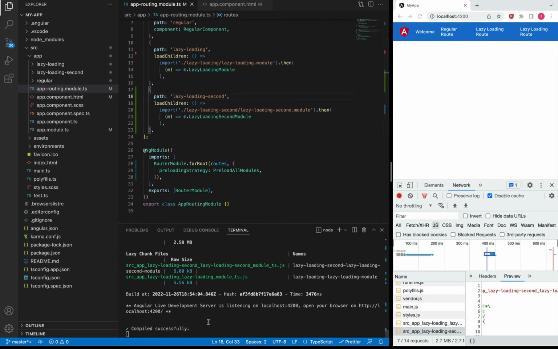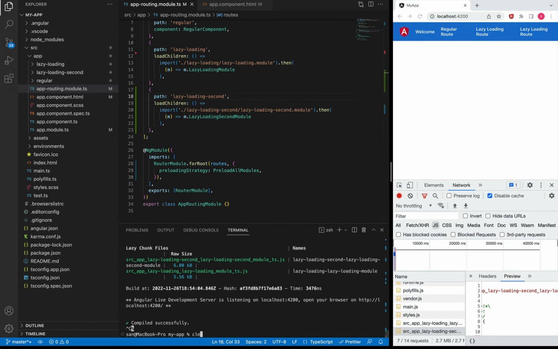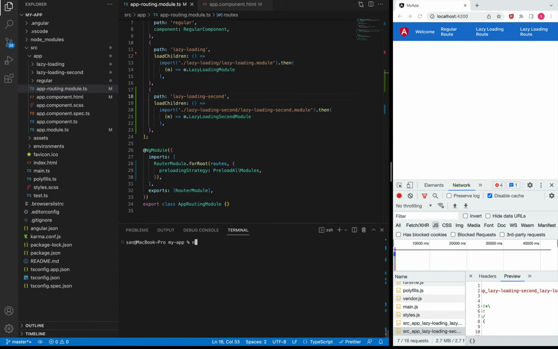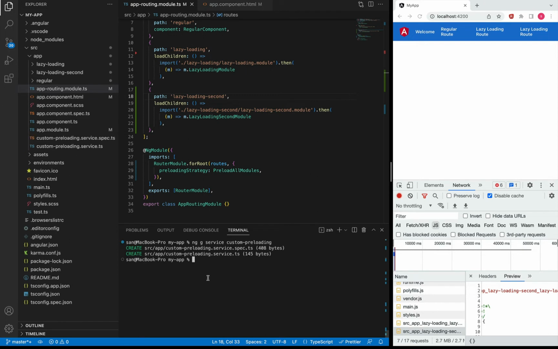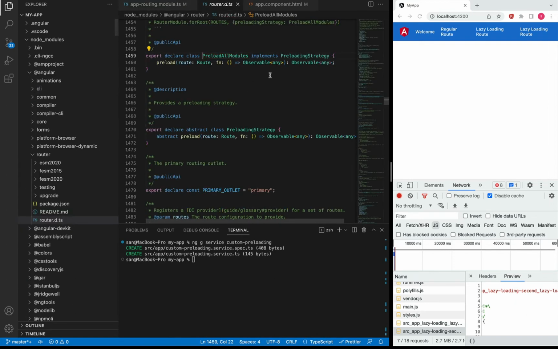So in order to create a custom preloading strategy, we need to create a new service. So I'm going to create a new service. Let me name this as custom preloading. So this will generate a new service right here. If you notice this PreloadAllModules service, it actually implements PreloadingStrategy, and this interface has this method called preload. We can use the same method on our custom service